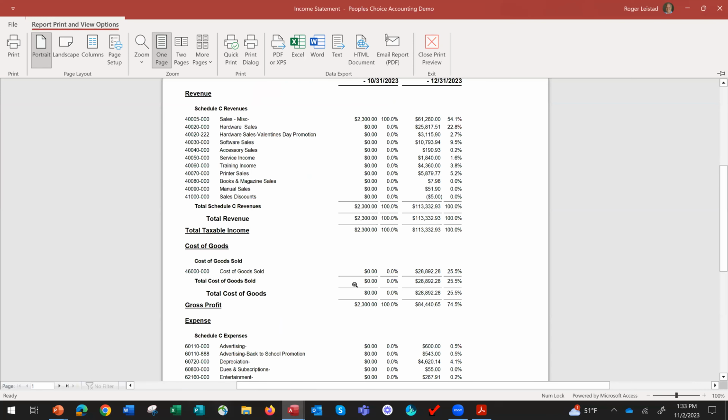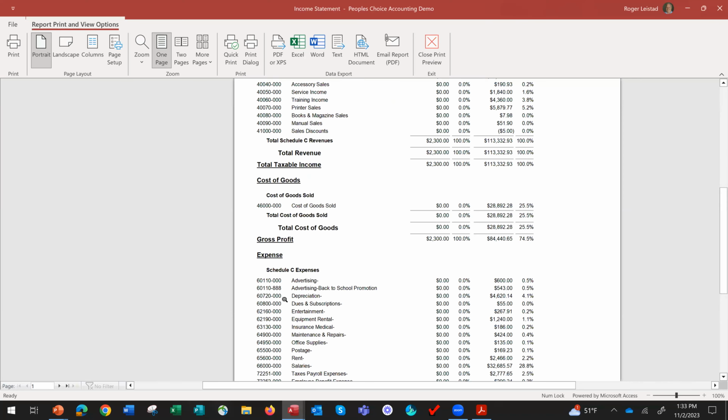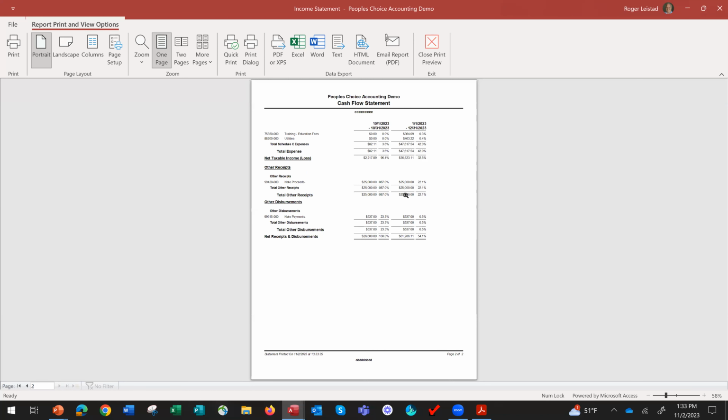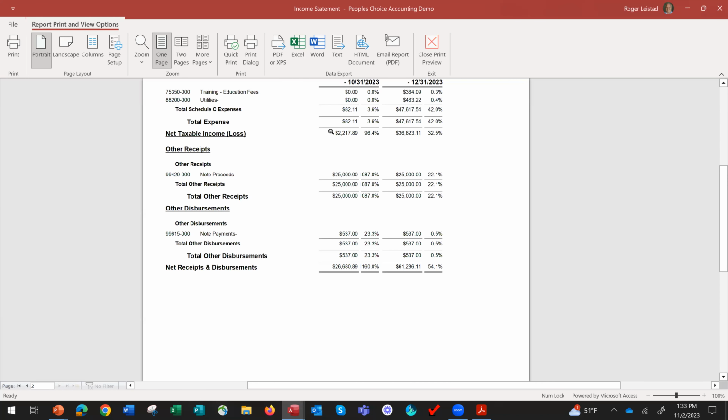So it's showing our Schedule C revenues. Of course, if you had cost of goods sold, whatever, and then our expenses, Schedule C expenses, you see I have them categorized. But when you get to the last page, and let me get control of my mouse here, you'll see on here, these are the total taxable income or loss, but then here are other receipts and our other disbursements. I have a $25,000 loan, and I made a $537